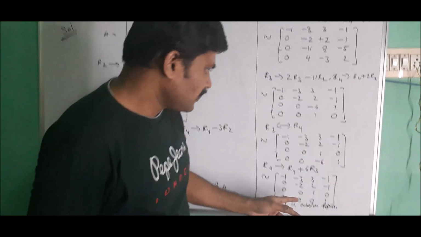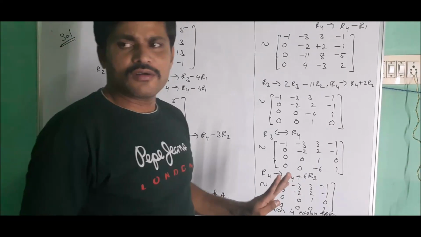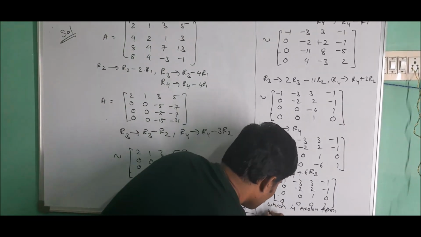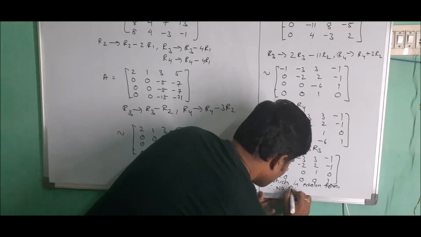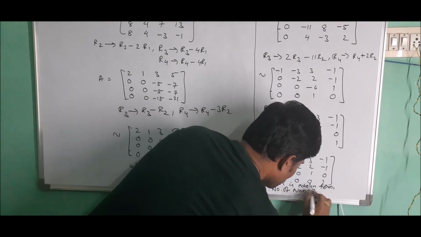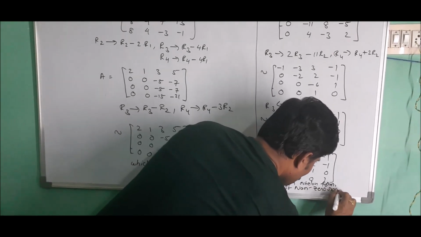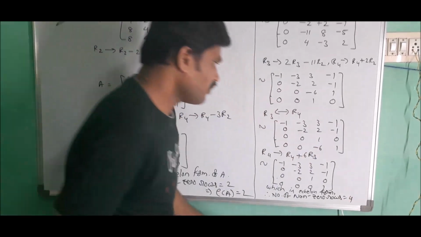Now the number of non-zero rows in this is totally 4 non-zero rows. Therefore the number of non-zero rows equals 4, which is denoted